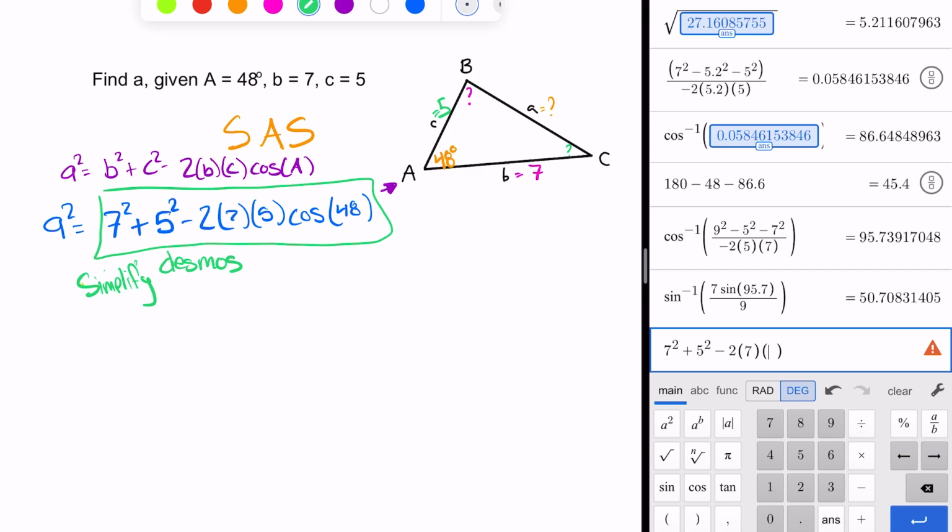And then I have a 7 and a 5. And then lastly, I have the cosine of 48. Okay. And I feel like I messed this up, and I did, because that's supposed to be a 5, not a 2. Now, when I click enter,